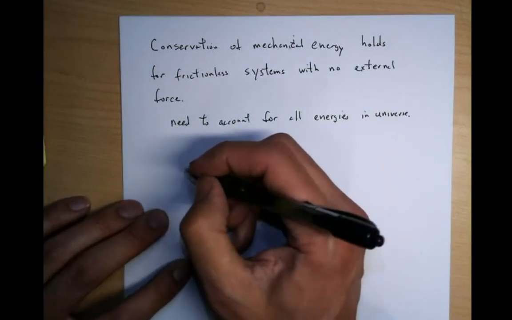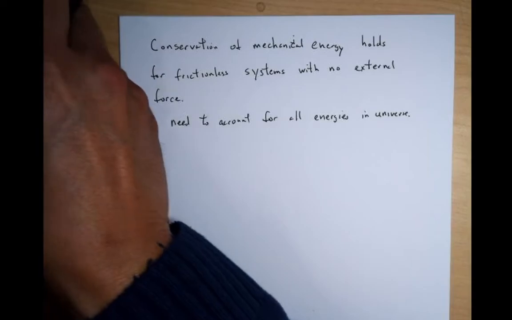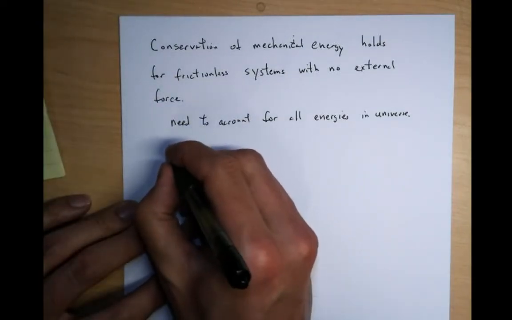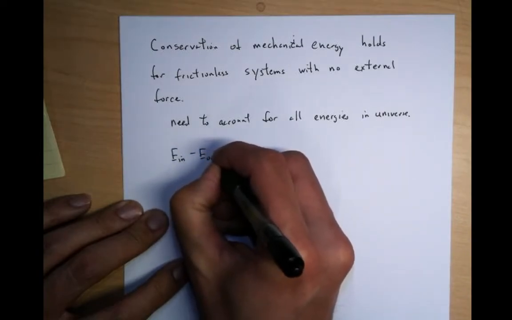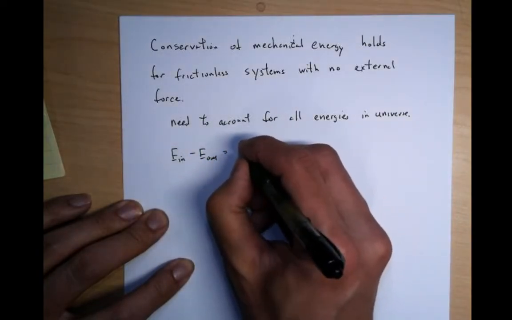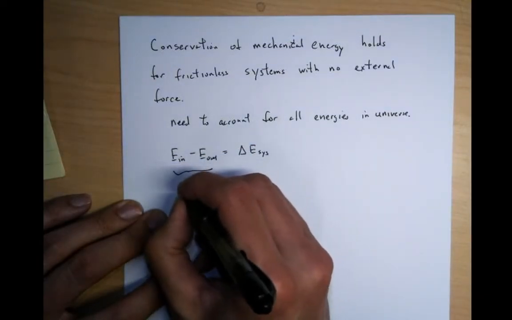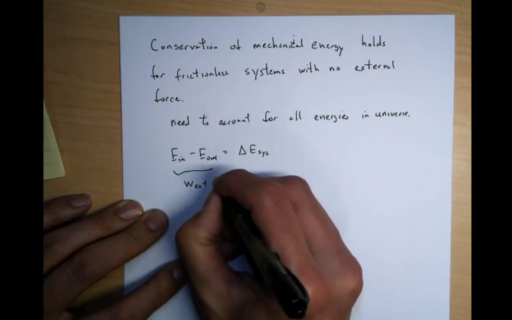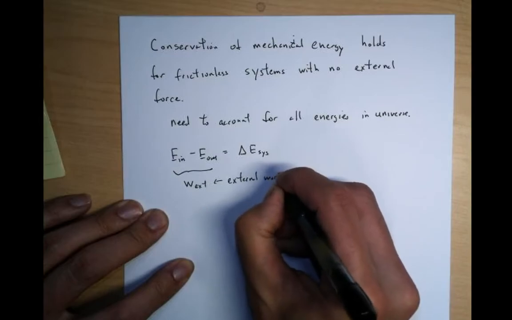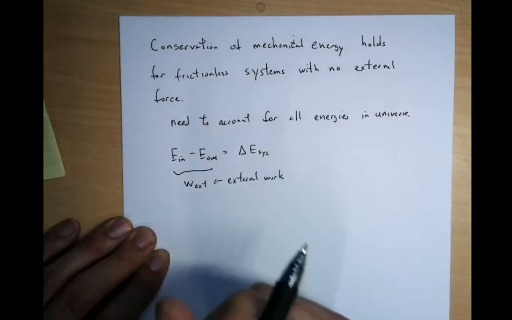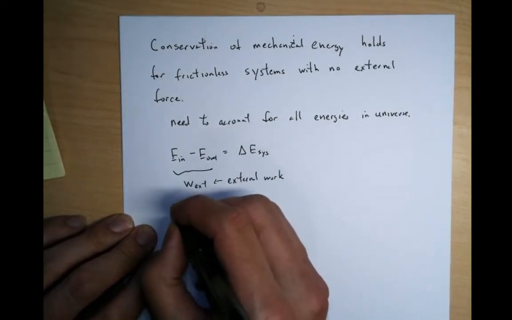Right. So in particular, the amount of energy in minus energy out of the system is basically the change in energy of the system. And this right here is due to external work. Right? This could be something like your arm pushing or something or whatnot. Okay? Alright, so let's consider